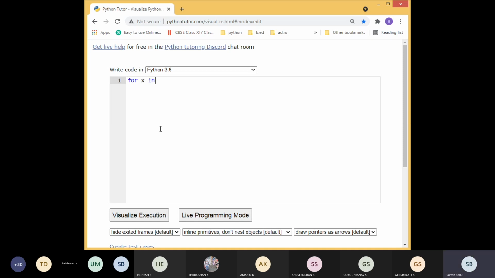So for x in range, okay. The outer loop starts from 5 comma 0. Then -1 is necessary to reduce the values. That is the step value. 5 is the starting value, then up to 0. So now this outer loop, how many times will it execute, students?